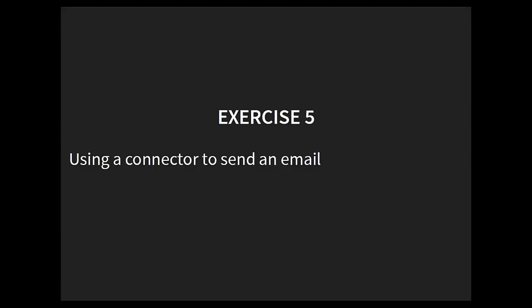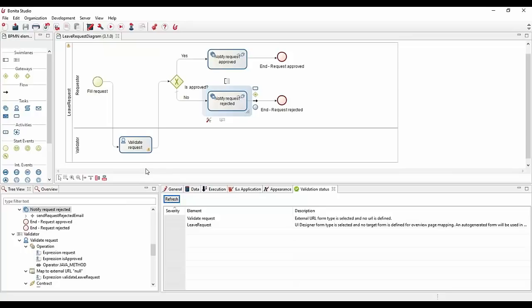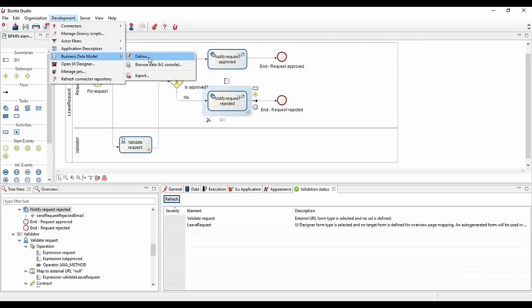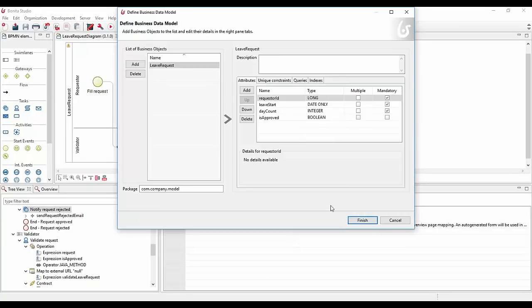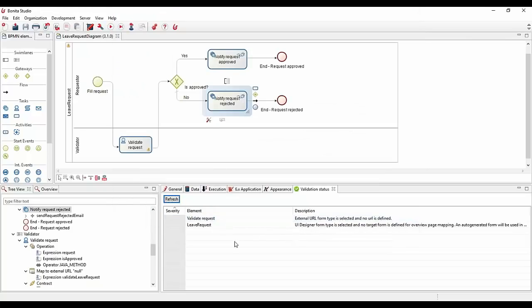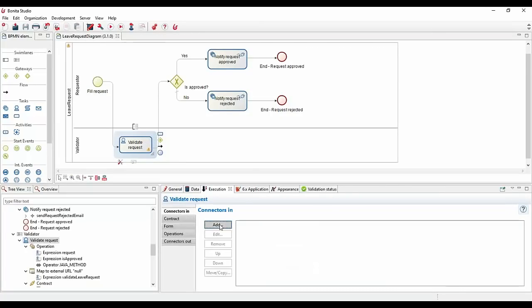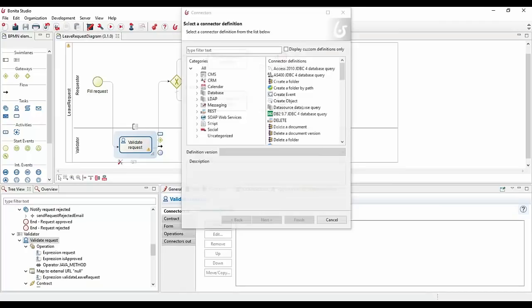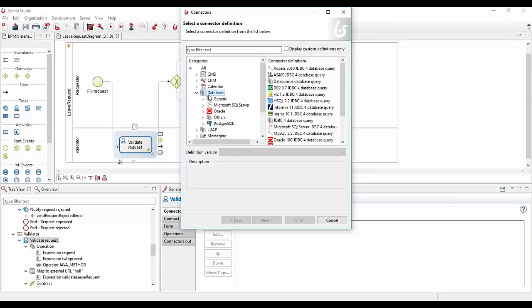Oh, I actually have a really good question from Dave. There are a few things about business data. What we call the BDM is what we provide out of the box. You can define your structure and structure your data directly here. But now you are playing around with the connectors. You maybe understand that you can also play around with an external database that is not administrated by Bonita. So if I want to collect some data from the outside, and this outside is an external system, which is a database, and this database contains some business data, I want to play around with that. And you see that as part of the connectors, I have a database type of connector.